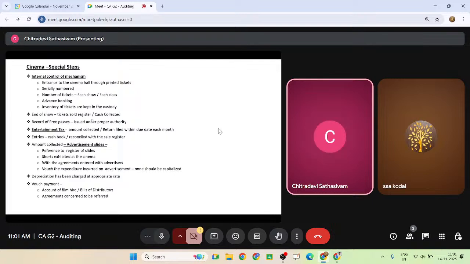When this money is collected in advance, you have to disclose it as a liability, correct? Because that particular day is yet to come. That is next week's show only. As per AS9, the revenue is recognized in the books as and when the show is telecasted, as and when the show is completed. For example, today's morning show is done; whoever paid for the tickets for that morning show, only that collection amount alone will be recognized as revenue.